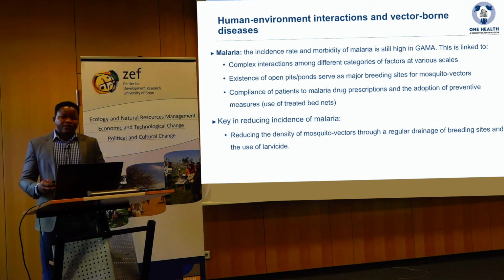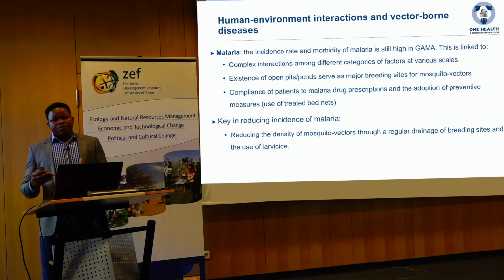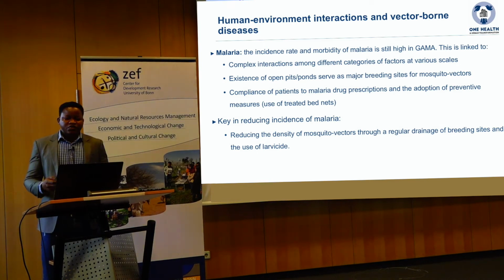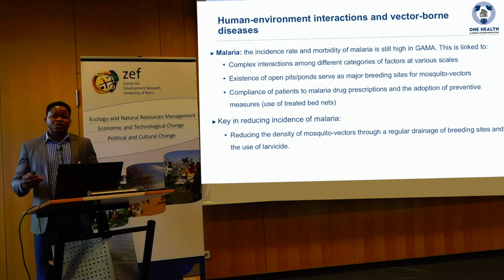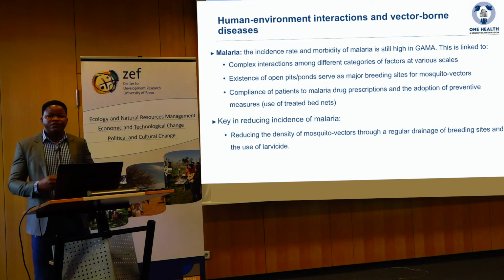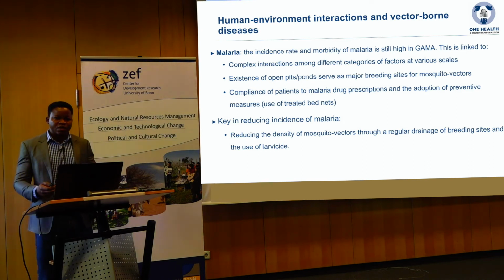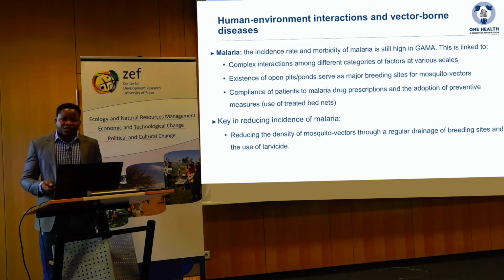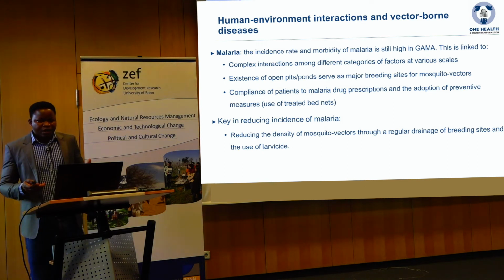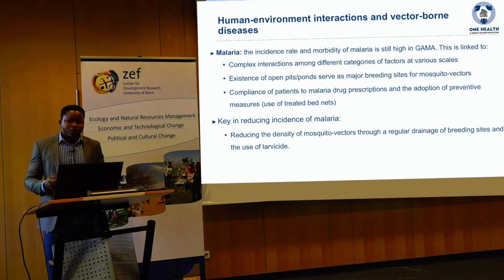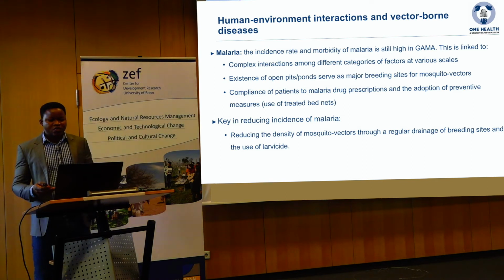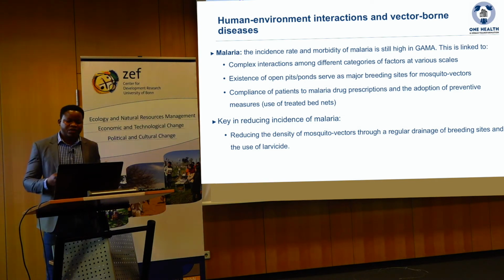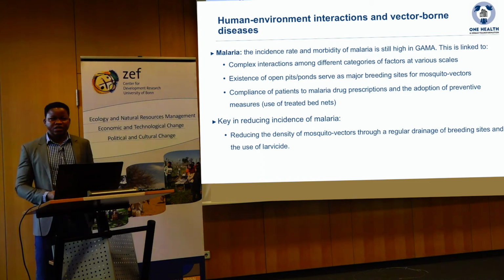it was found that more than half of the people who actually receive the insecticide-treated nets do not use them. And this, again, has to link with the behavior of the people, looking at the social cultural factors influencing the usage of these bed nets. In order to tackle this problem of malaria incidence, there is the need to focus on reducing the density of mosquito vectors through regular drainage of breeding sites, as well as the use of larvicide to reduce the density of